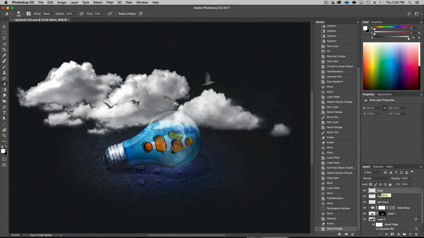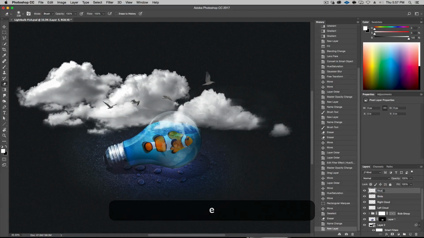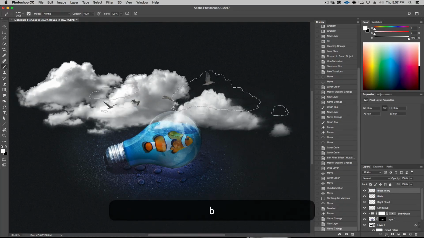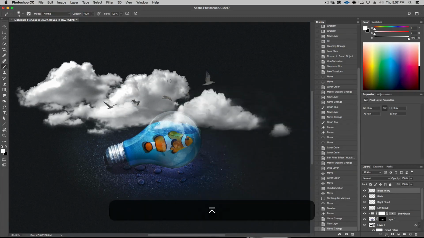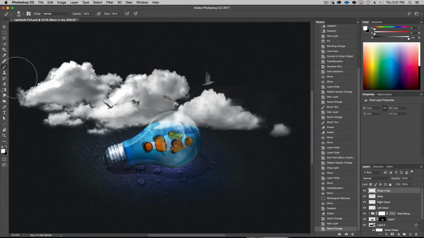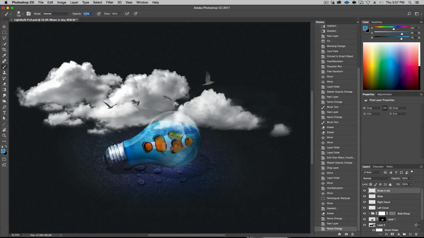Now we do need a little bit of lighting, a little bit of color, that is. So I'm going to create a new layer here. I'm going to call this blues in sky. And I'm going to hit B for brush. Take a normal brush, not a big cloud brush. Something like this. Make it a little bigger. And we're going to take the eyedropper, or hit the Alt key, and take one of these blues right here. Make the opacity, say, 30%.